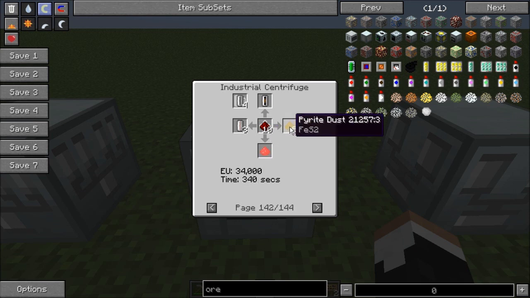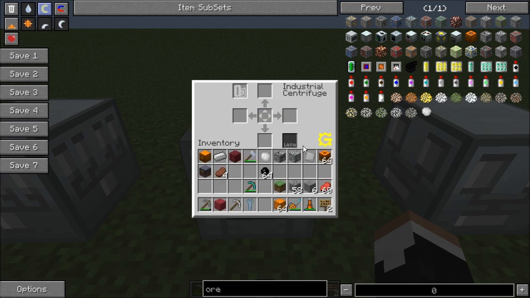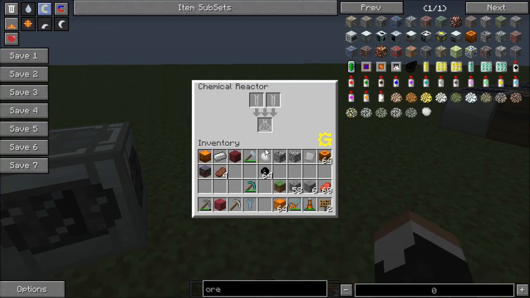But you can also get some iron out of it. You get some mercury, which is used for higher end processing in the industrial grinder. You get some silicon, which can be used to make your solar panels. So, it's worth it. Then the chemical reactor allows you to react 2 different chemicals together to get a